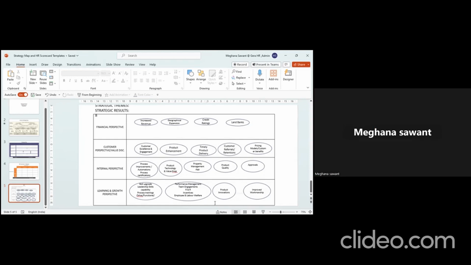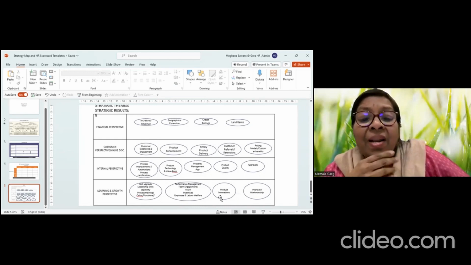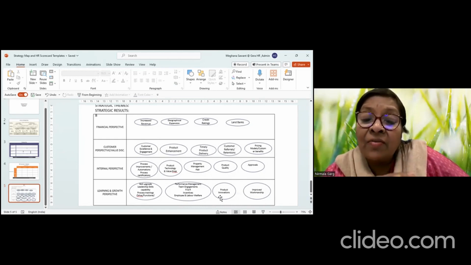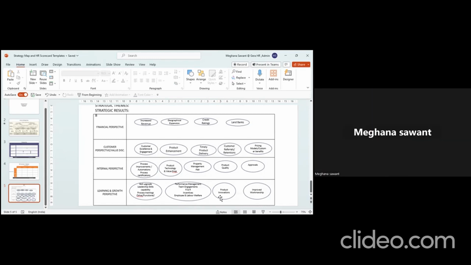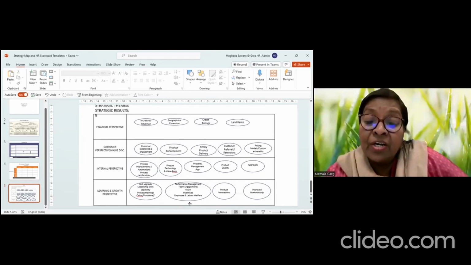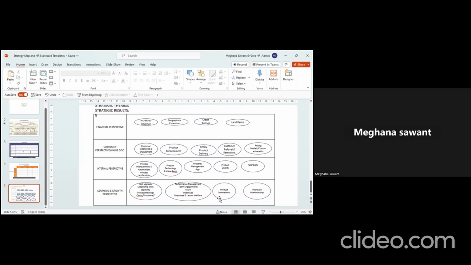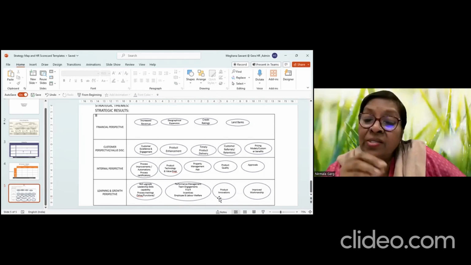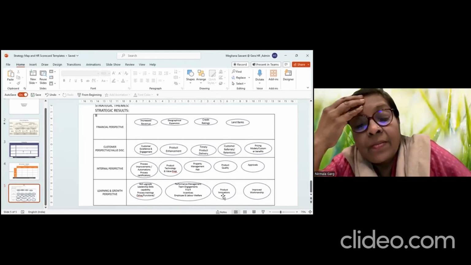Because why do you think you have a balanced scorecard? Because it says that the lag indicators by themselves will not give you that differentiation, that competitive advantage. It is the lead indicators, especially, it starts right from below. That is the learning and growth and the technology, which helps you to differentiate, to give you that competitive advantage. So the right kind of culture, I'm just throwing something because for the next exercise, these will all be very important.